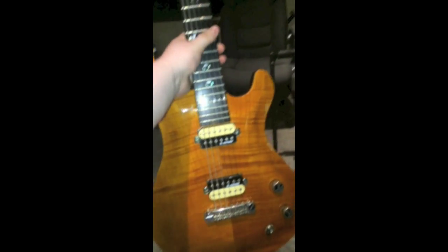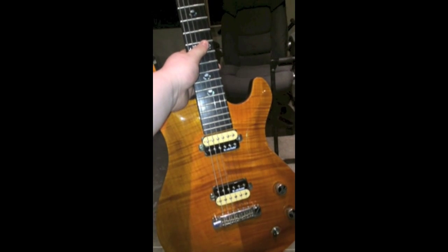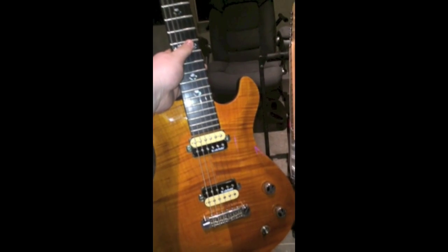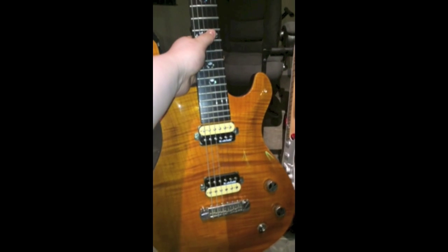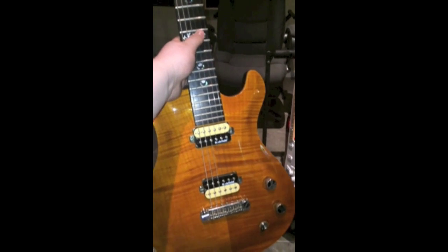This next one is my standard guitar, and this is also a Michael Kelly. This one's a Michael Kelly Valor Custom. After I bought the first one, I really wanted another one because I was really impressed with the build quality on these Michael Kellys. So I found this one on eBay for a good price, expecting that I would want